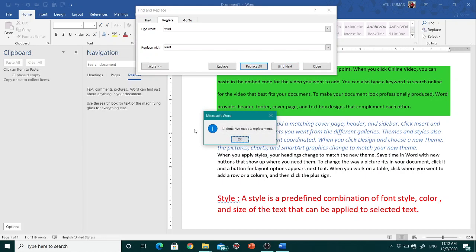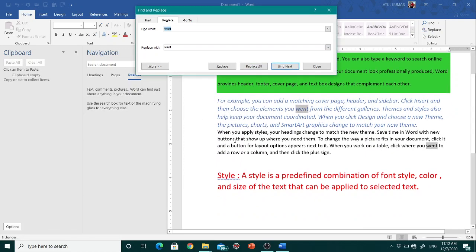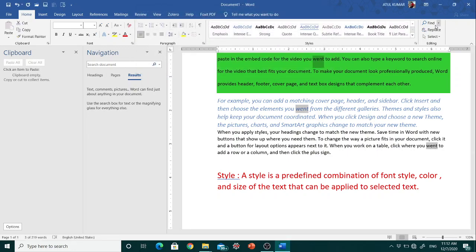dialog appears: all done, three replacements made. So what are the three replacements? Just check. Now want becomes went. So just close here. So this is the find option and replace option.